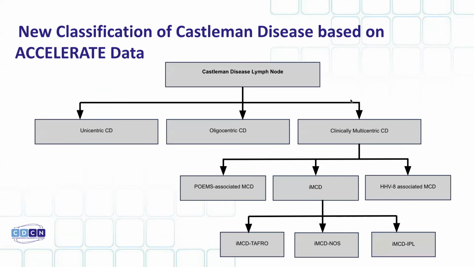This is one of the slides that I was just told was added into my talk, and it was to bring out this concept of oligocentric pathways. The paper is submitted, is being reviewed right now, and will tackle this subject more directly. Right now, this is mentioned in the unicentric Castleman disease diagnostic criteria, but you've got to look for it.